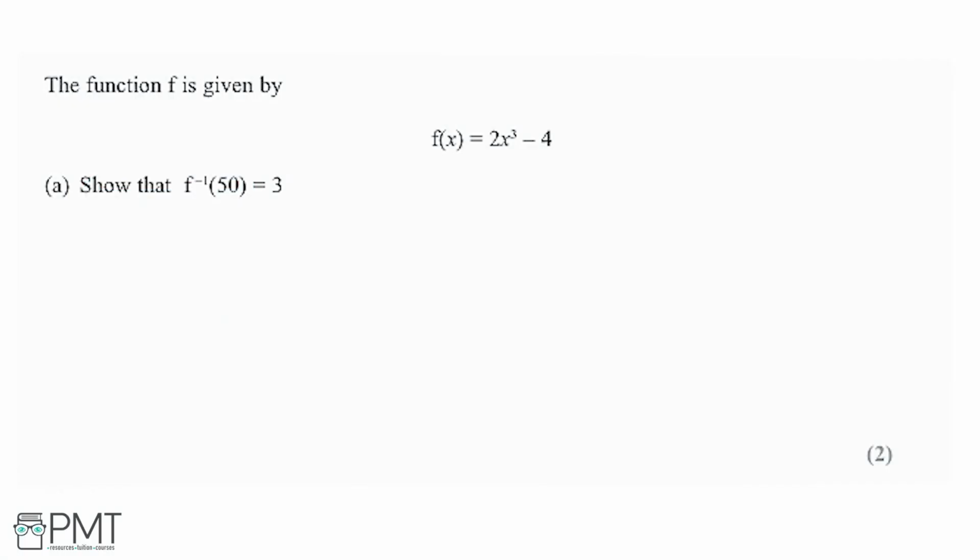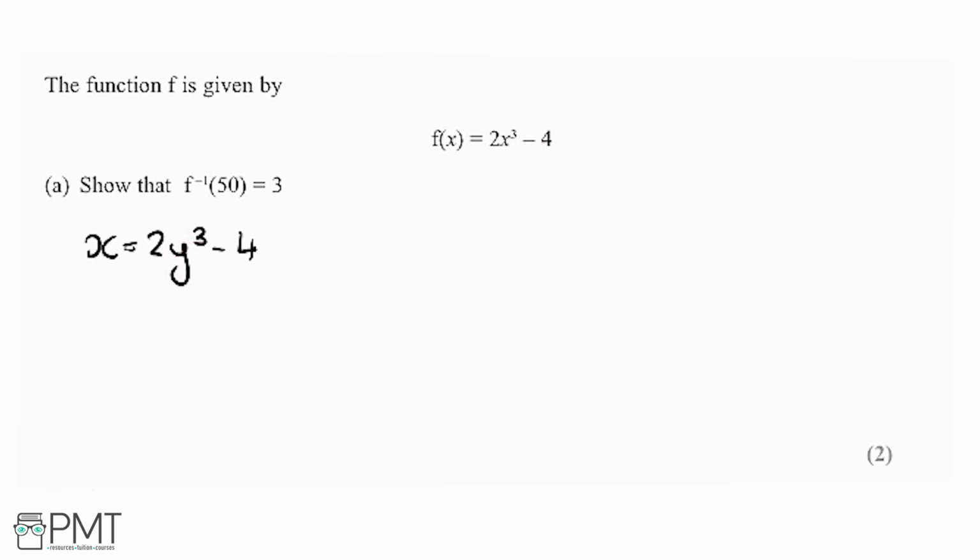The function f is given by f of x equals 2x cubed minus 4. We show that the inverse of f of 50 equals 3. So to do that, what I'm going to do is replace f of x here with x. So I'm going to say x equals 2, and I'm going to replace x with y, y cubed minus 4. So our challenge here is we need to rearrange it to get y to be the